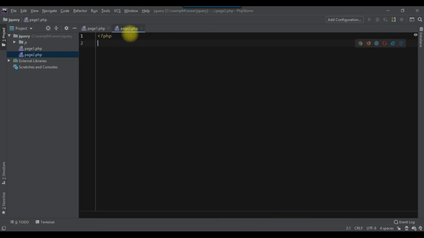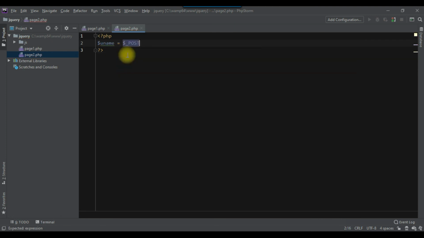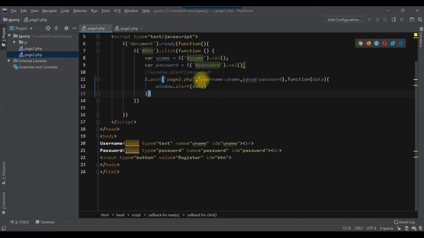So on this page 2, we are going to make two variables. $uname is equals to $_POST. We want to see what is the name of the variable, which is actually this username. So we copy this